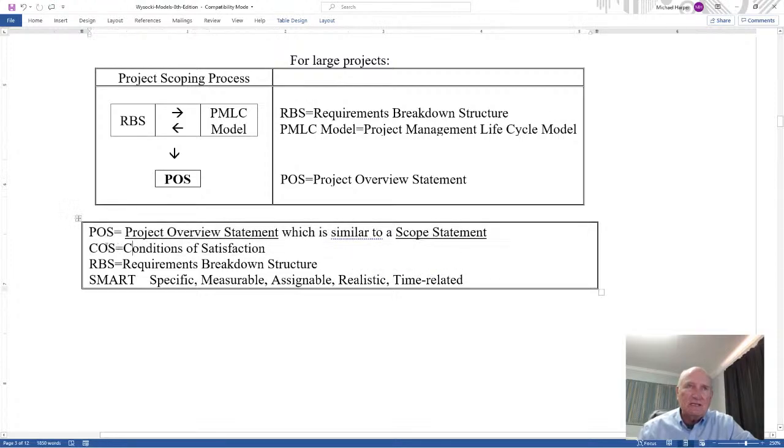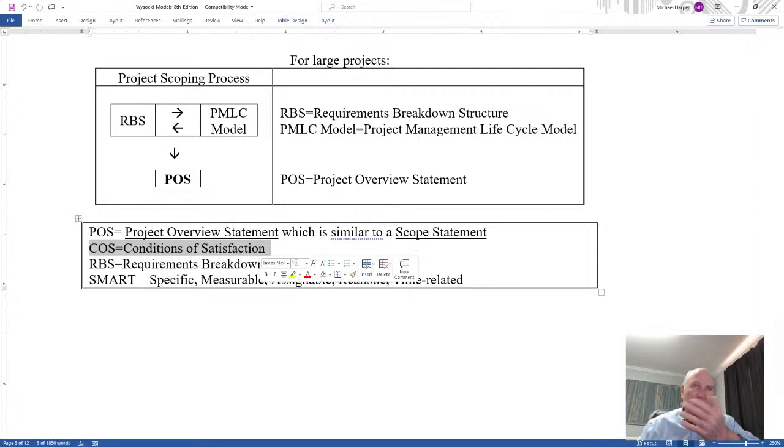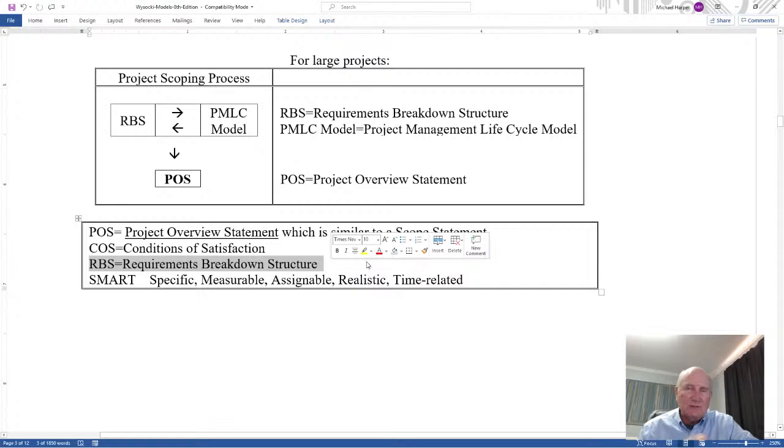COS is the conditions of satisfaction. You start with that. You end with the POS. And in the middle, you have your requirements breakdown structure, which identifies your resources. Now, one thing in creating your POS,